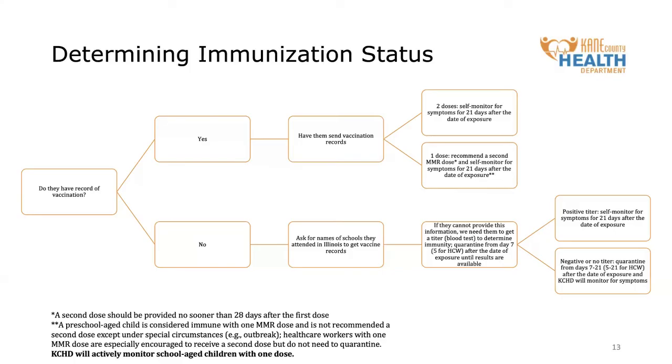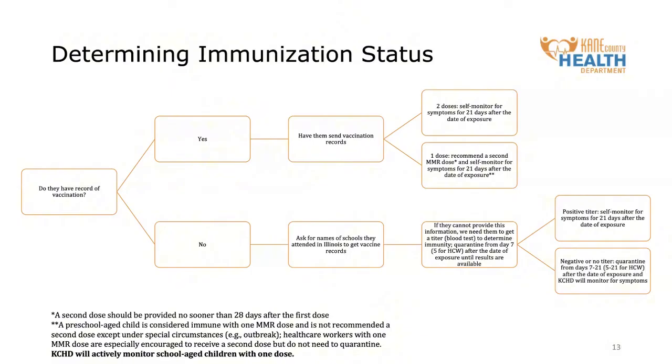So let's walk through this first chart together. The first piece to consider when determining immunization status is done by looking at vaccination records. As we've discussed, if the contact is vaccinated and able to provide evidence of immunity, they can self-monitor for symptoms for 21 days after the date of their exposure to measles. 2 doses are sufficient evidence of immunity for individuals 4 years and older and for individuals in high-risk transmission settings